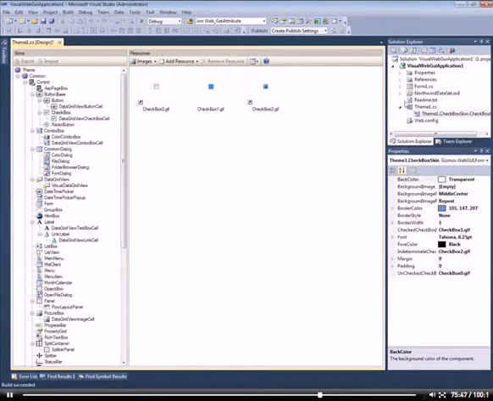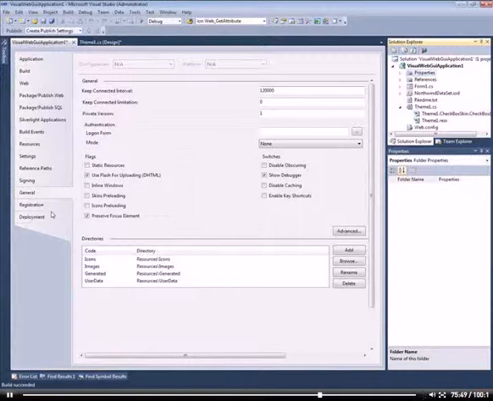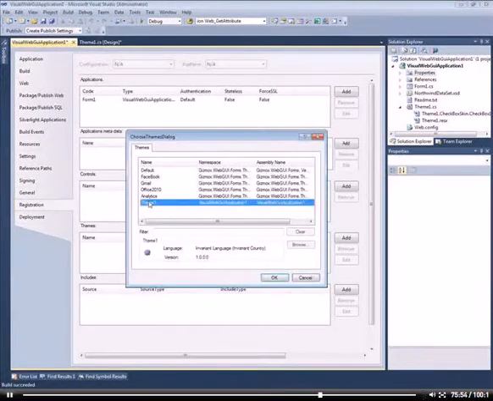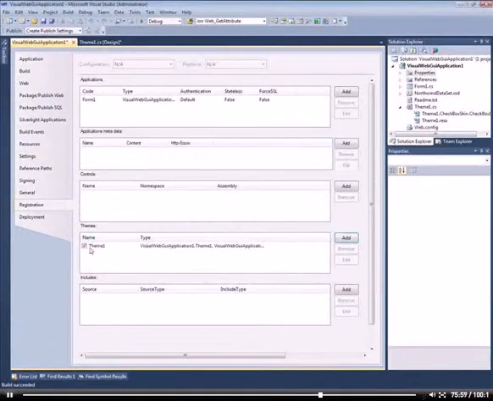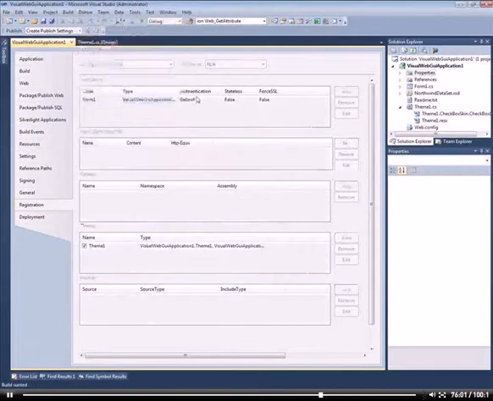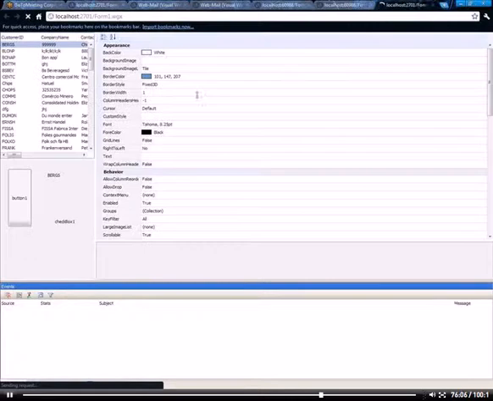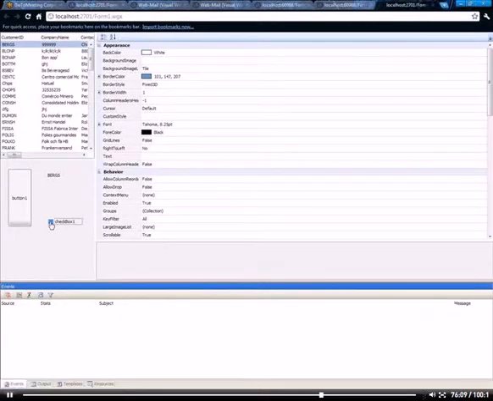blue. Now, when I go to project properties and I register this theme, you'll see it as theme 1 here, and I select it as the default theme of the application. What you'll be able to see is a checkbox that when I check it is checked using the provided image. Now, maybe it's not a very good looking image, but at least you can see how easy it is to customize if you give